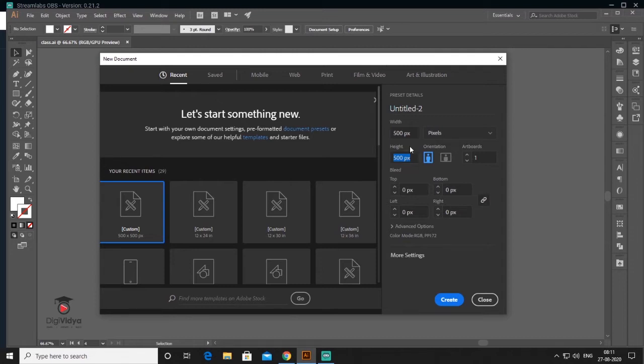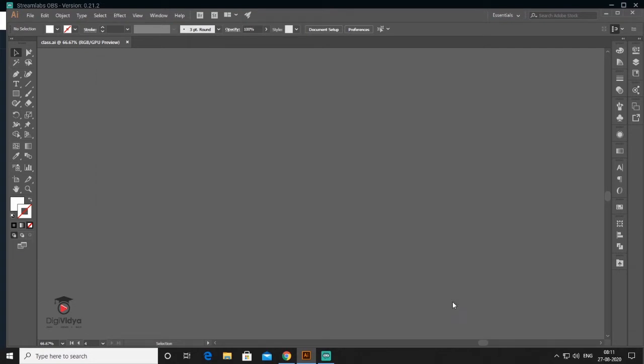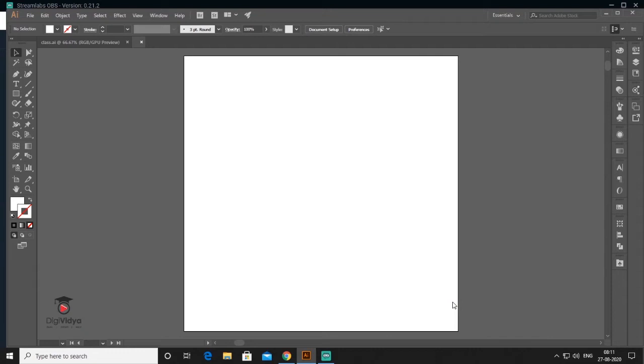So my size will be 500 pixels by 500 pixels. It means it is a square artboard for creating Instagram social media. So here I make an artboard, and today I make a social media design for online courses.